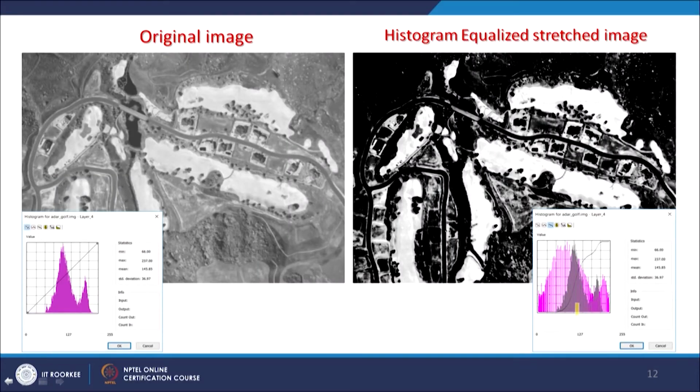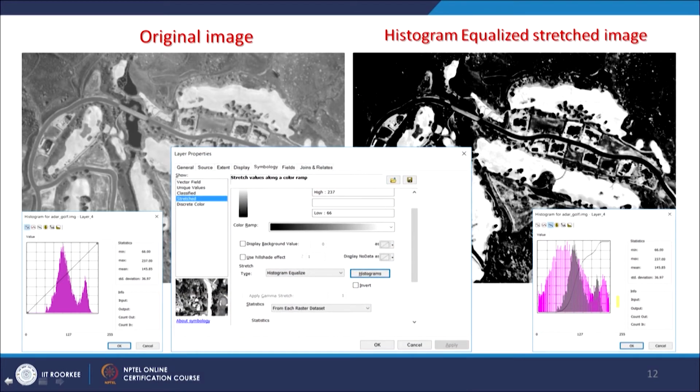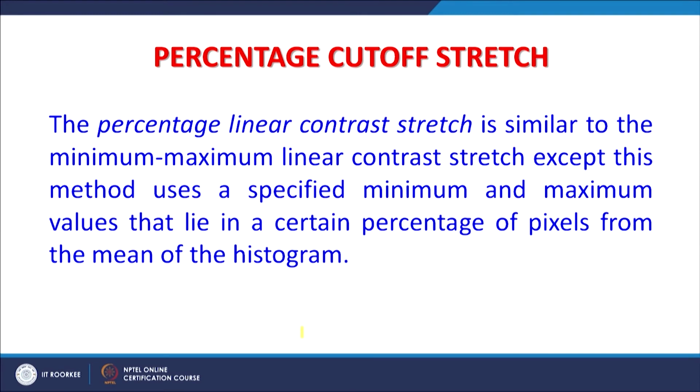between 0 and 255, say between 100 and 150 or 200, then histogram equalization will create a very good output. As you can see here, the gray one is the input histogram, and the redistributed one is the histogram equalized one. Again, in the properties, when you double click, you get these stretch options, and you choose the appropriate option. Here histogram equalization has been chosen, and this is what the results are.